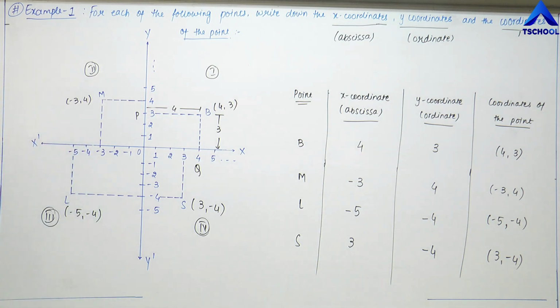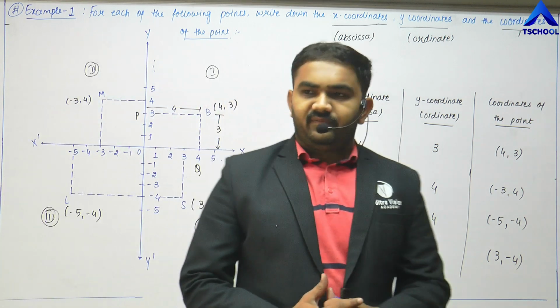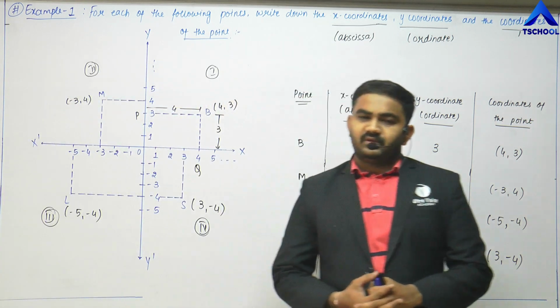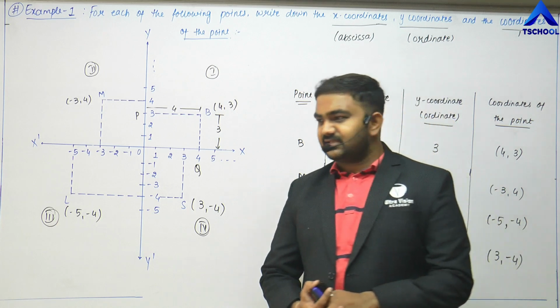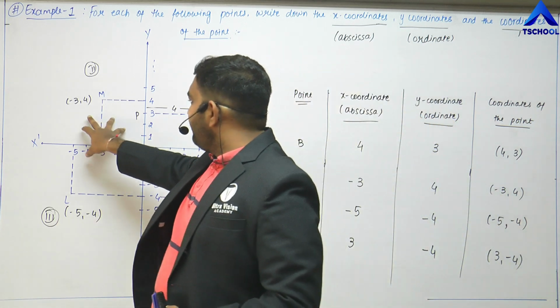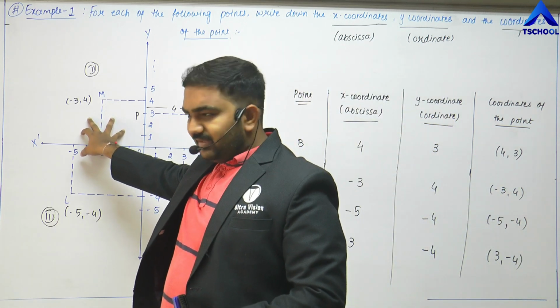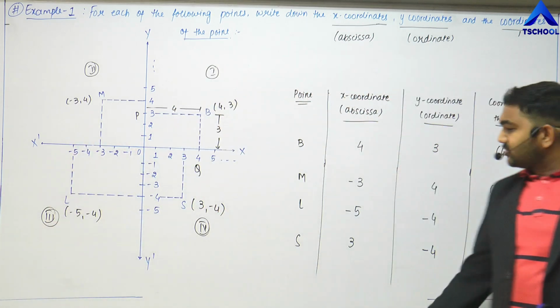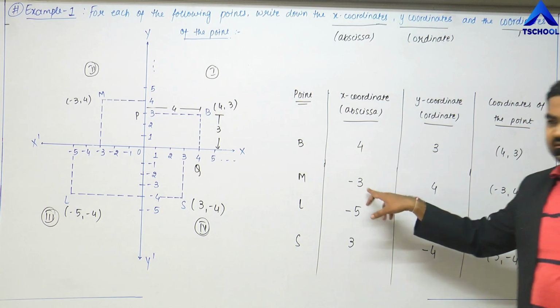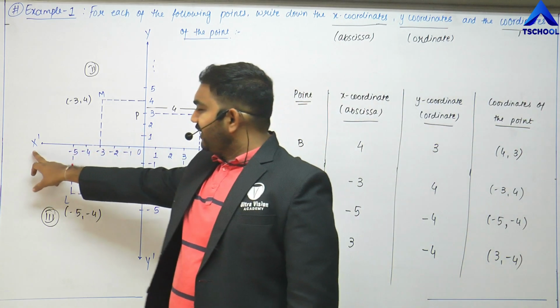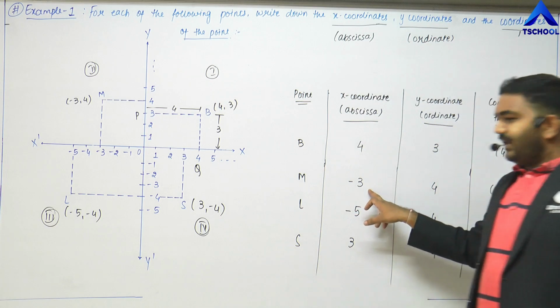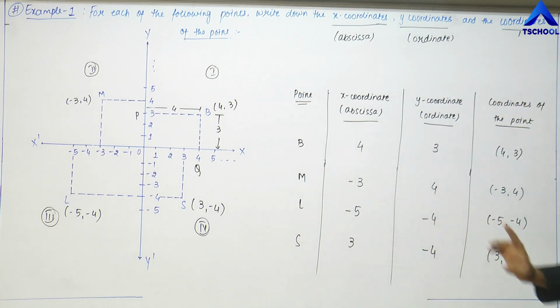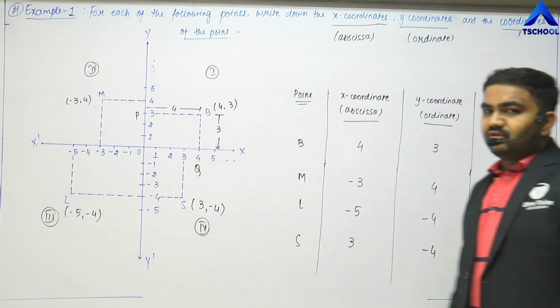Similarly, a point in the second quadrant is made up of negative x-axis and positive y-axis, right? So whenever you are having a point in the second quadrant, at that time the x coordinate is negative, as the second quadrant is made up of negative x-axis, and the y coordinate is positive, so that will give you minus 3 comma 4.